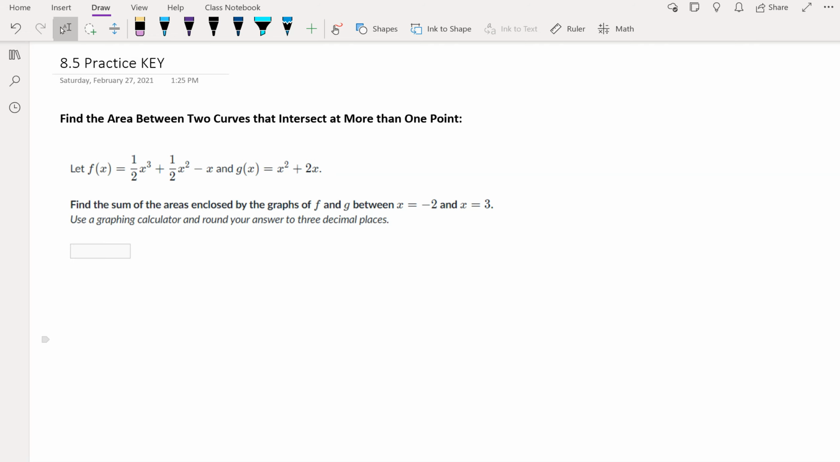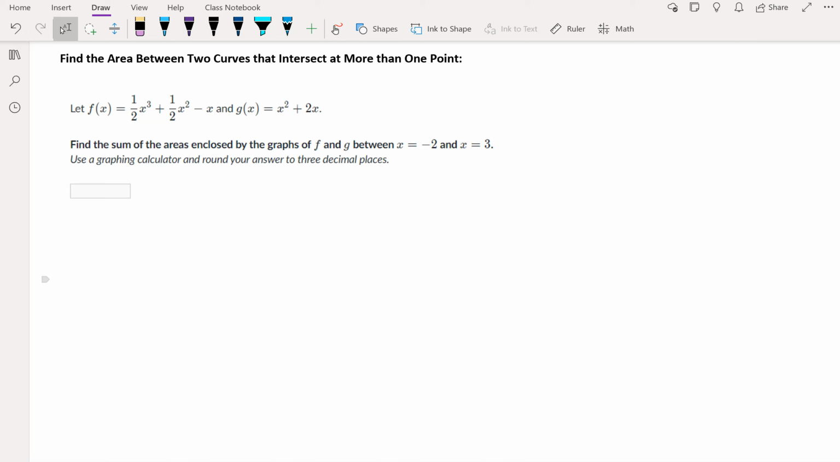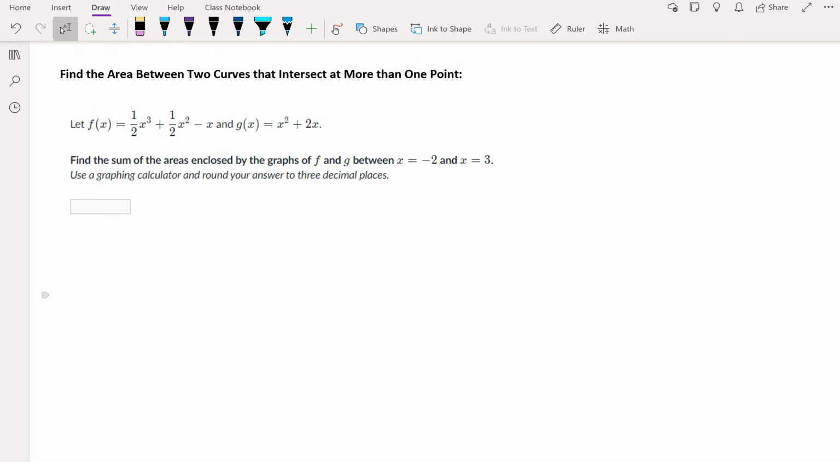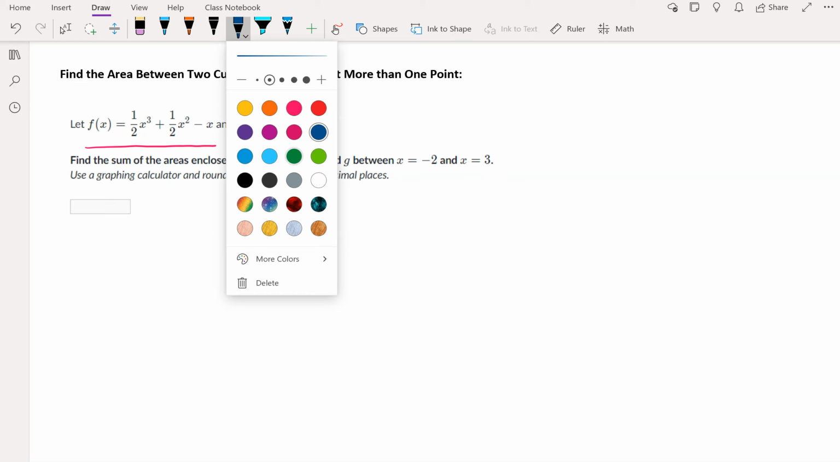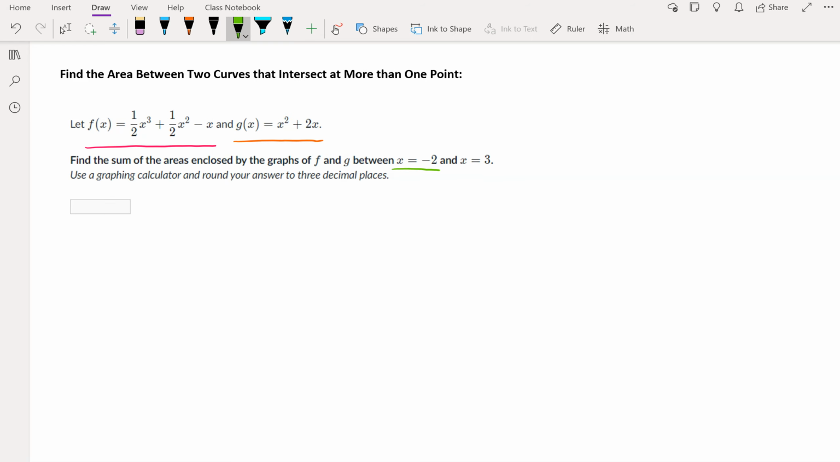Okay, cool. So this is one of your Khan Academy practice problems, and it's a good practice problem to have, very aligned to the AP exam. So we have let f equal this function, and then let g equal this whole function. Find the sum of the areas enclosed by the graphs of f and g between, these are important, x equals -2 and x equals 3. So they gave us our boundaries,